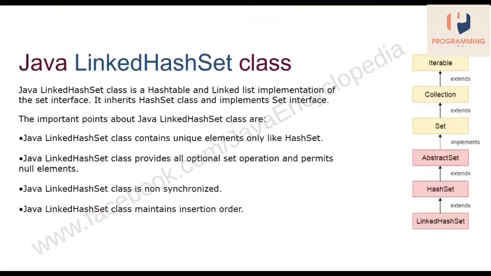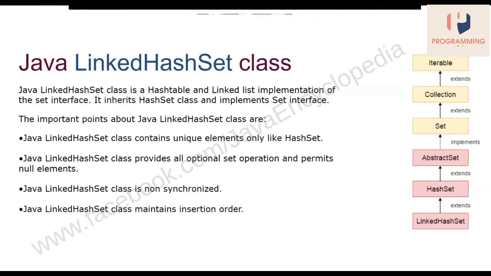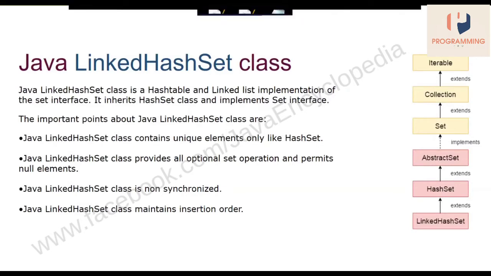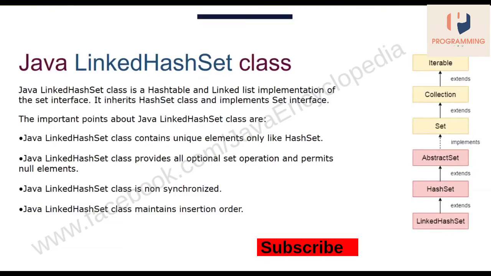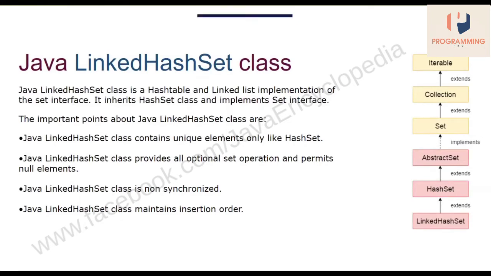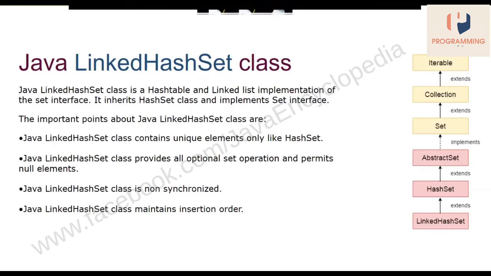Linked hash set. So we have a hash set, and why we have a linked hash set is the question. In order to maintain an insertion order, we will go for a linked hash set especially. Whereas in a hash set, we don't maintain insertion order. It maintains the unique elements. The same in linked hash set also we maintain unique elements, whereas here we maintain an insertion order.